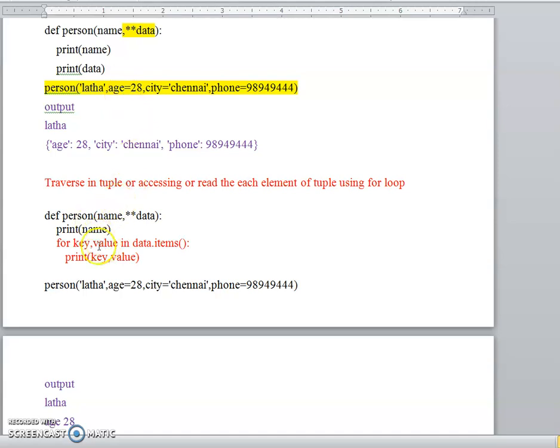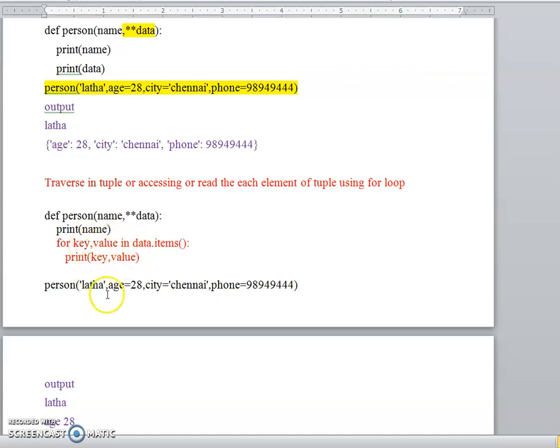You already know how to access the key and the value of the dictionary. Now, the dictionary dot items method. If you call the items method with the dictionary name, it will return both key and value, so that we can access them. In the first iteration it will retrieve the first key and value, so it will be printed.